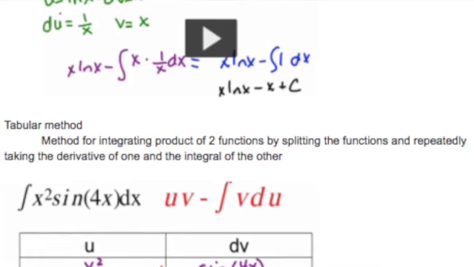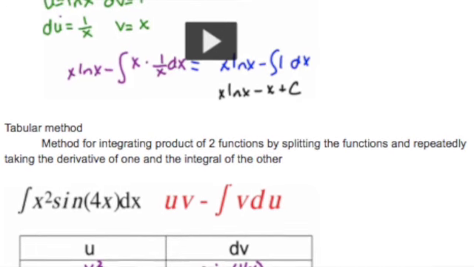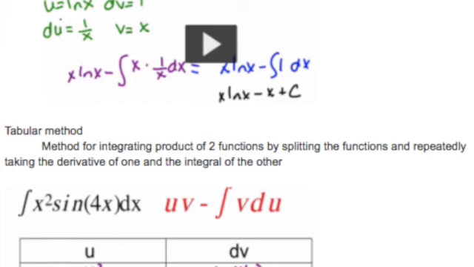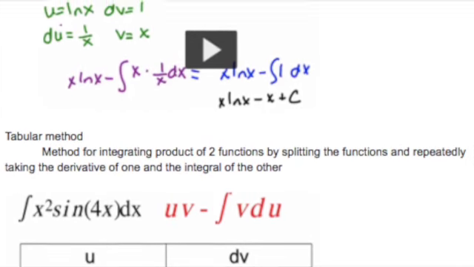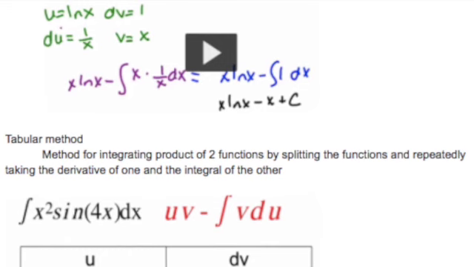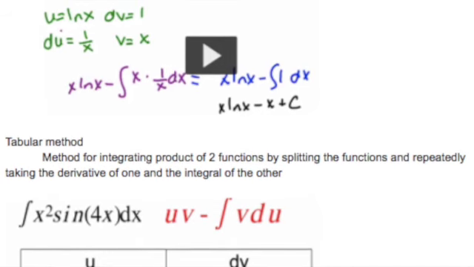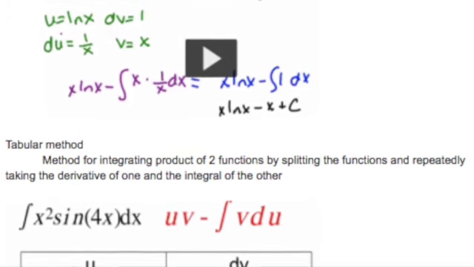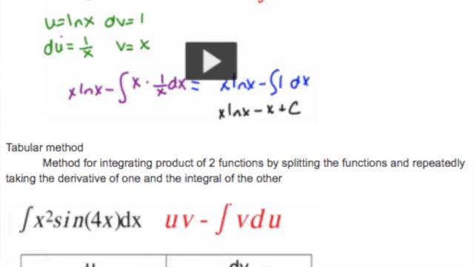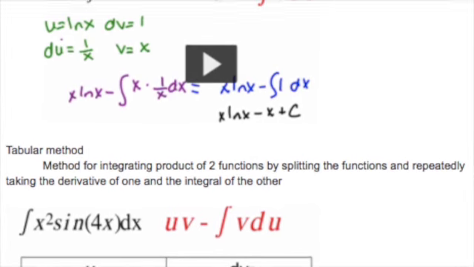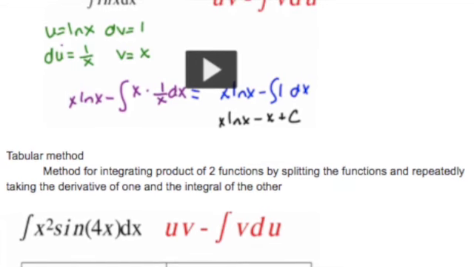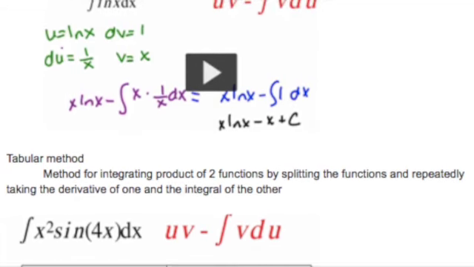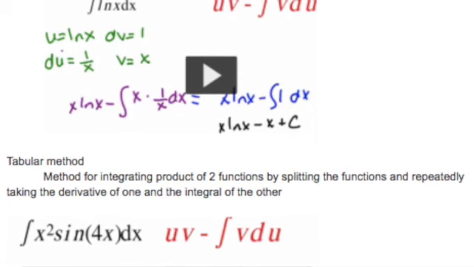So you repeatedly take the derivative of x squared and get x squared, 2x, and then 0. And you take the integral of dv the same amount of times, so you get sine of 4x, negative 1/4 cosine of 4x, negative 1/16 sine of 4x, and then finally 1/64 cosine of 4x. So then you add a positive, a negative, a positive, and so on down your rows, and you're going to multiply